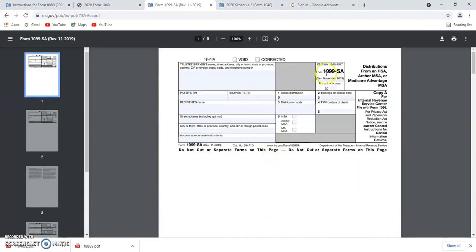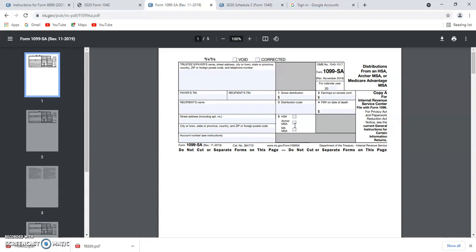Have a look at form 1099-SA. So here you can see the total amount of gross distribution, distribution code, and line number 5 for HSA, Archer MSA, or MA MSA. So basically form 1099-SA reports the distribution made from HSA, Archer MSA and MA MSA, which I have already discussed.